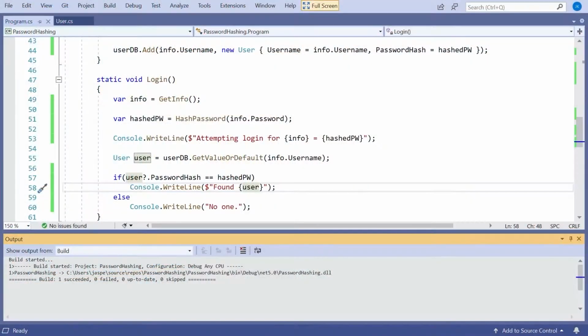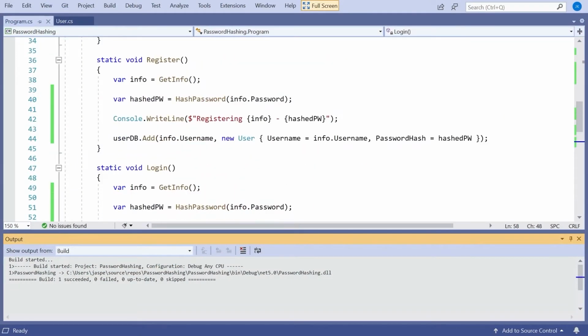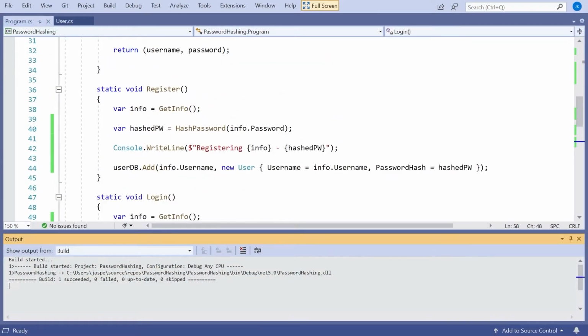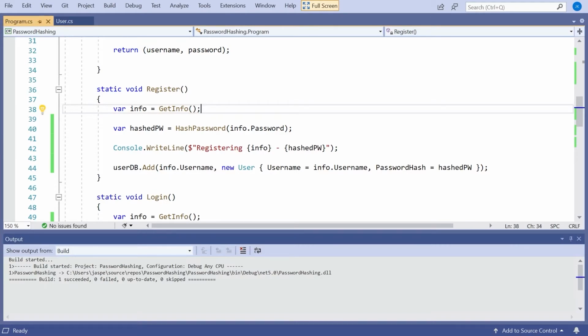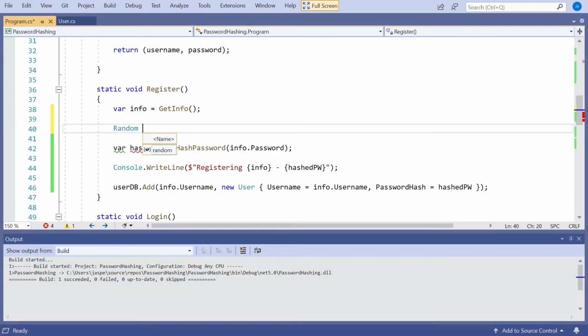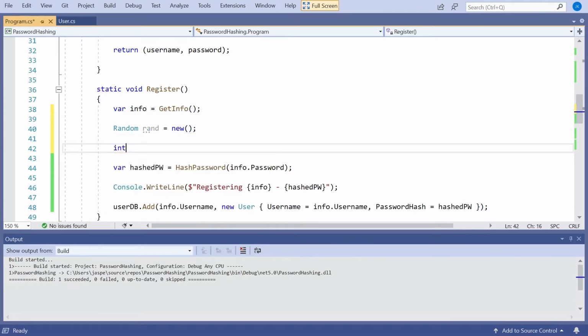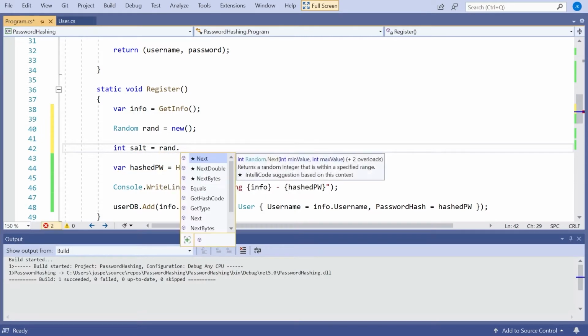What we do is when the user registers, we produce an extra bit of information known as a salt. And all that needs to be is typically a random number or maybe a GUID or something like that. I'll do it as a random number. So what I'm going to do is say Random rand = new Random(), and then I'm going to say int salt = rand.Next().